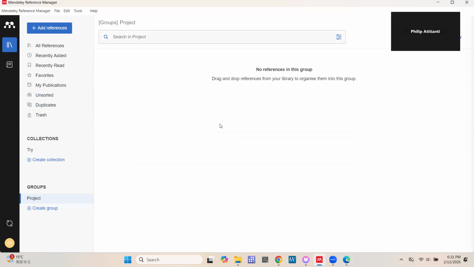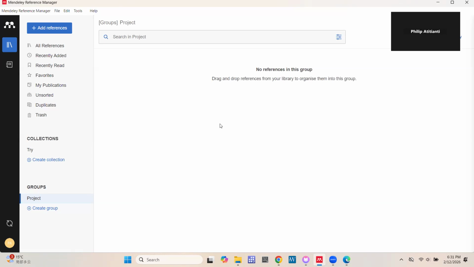However, Mendeley is, I think, more bug prone. If I say bug prone, sometimes things don't work as they ought to work, right? So that is one of the main challenges of Mendeley. As we go through, maybe we may be able to see some of these bugs that I'm talking about.